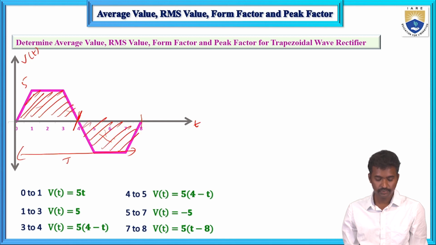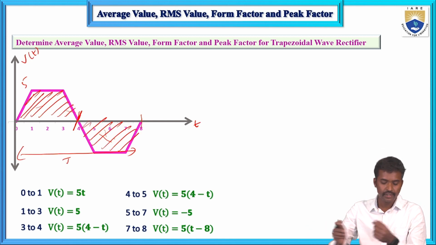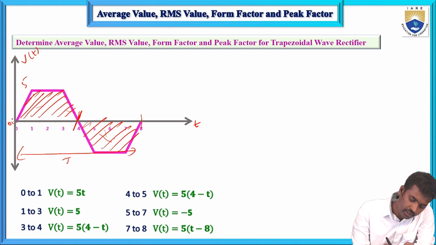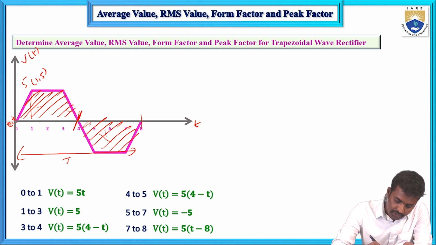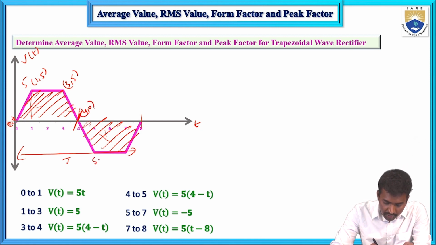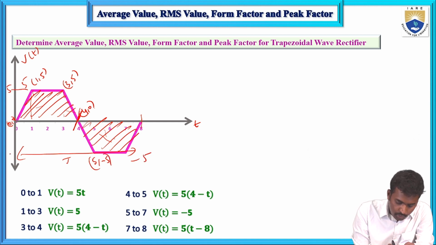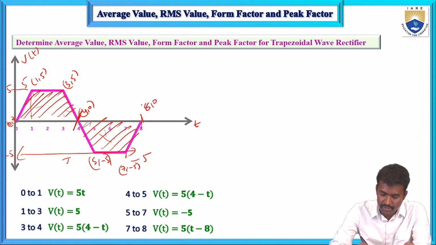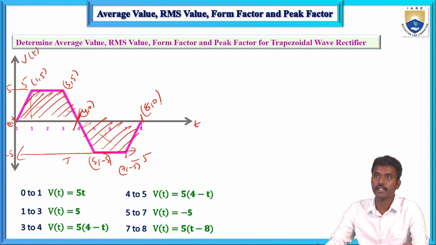Now first calculate the voltage equation. Same thing: 0 comma 0, and this is 1 comma 5, and this one 3 comma 5, and this one is 4 comma 0, and this one is 5 comma minus 5. The maximum value is 5 and the negative maximum is minus 5, and this one is 7 comma minus 5, and this one 8 comma 0. So for all cases,